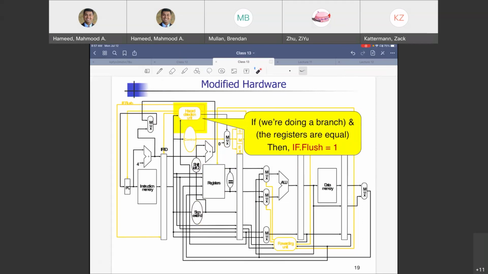Now, how do you actually do the branch? We have talked about moving things up from stage 4 to stage 2 for the comparator, and from stage 3 to stage 2 for the ALU adder. Not the complete ALU, just the adder that evaluates PC plus 4 plus offset. However, when we are actually branching, suppose we are wrong. If we are wrong with the branching, we still need to flush out one instruction that has come in. How do you flush it out?